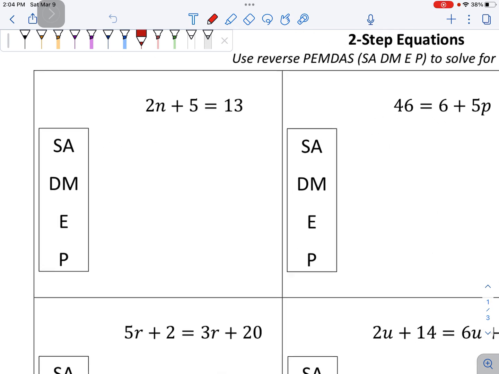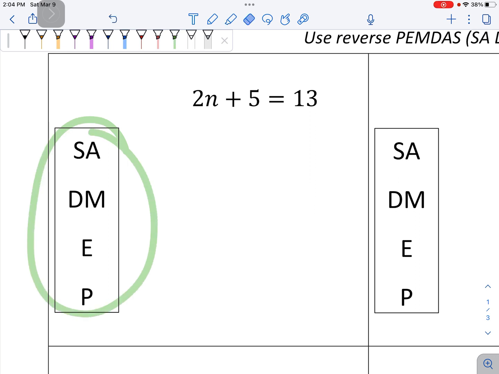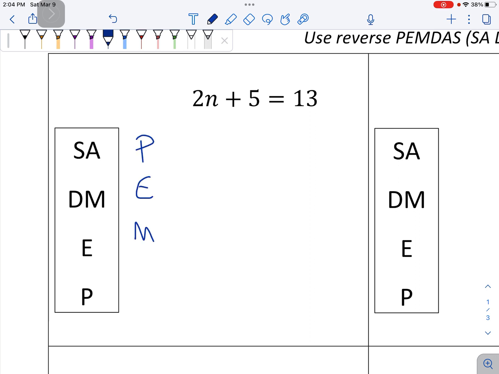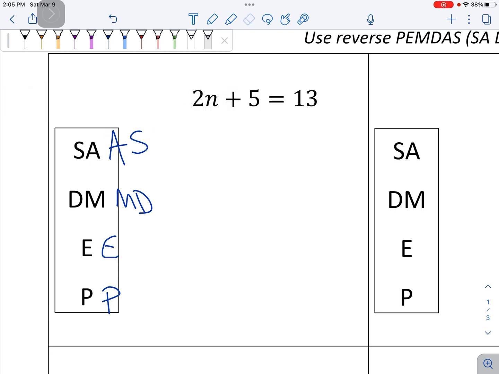2-step equations. When we are solving equations, trying to figure out what the variable equals, we need to do opposite PEMDAS, and that's what's happening right here, right? PEMDAS is usually PEMDAS, but I just reordered them. So parentheses go last, right? Then exponents. Multiplication and division should be second, and the very first thing we do is addition and subtraction. When we are solving for a variable, we have to undo all of the operations,